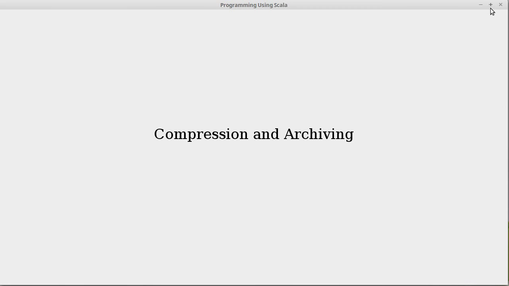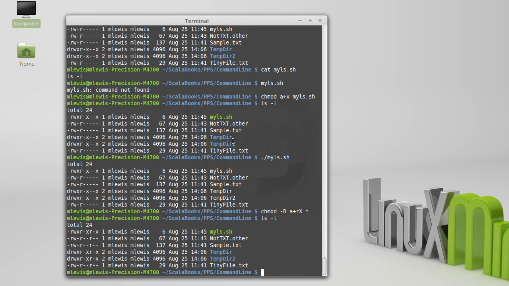There are a number of ways to do this on the Linux command line. One command for doing so is called tar. Tar is an archiving tool. It actually doesn't make files smaller. It just goes through and globs things up together. So if I wanted to